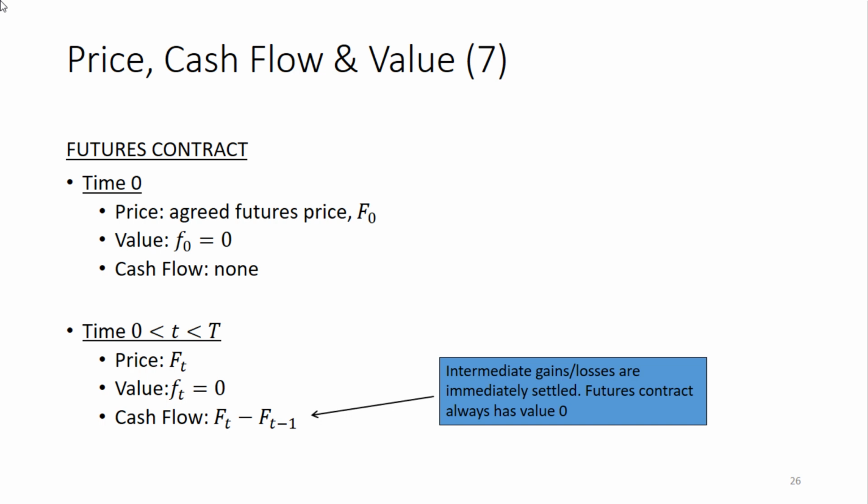So that's the price that I agree upon at time 0, and that applies to time capital T, which is the moment that the contract matures. When I enter into a futures contract, I do that in such a way that both parties are happy with the price, so that they both agree upon the price, and that it's a fair price, so that there is no additional cash flow required, so the cash flow is zero, and also the original value of the futures contract then is zero. So what happens in between?